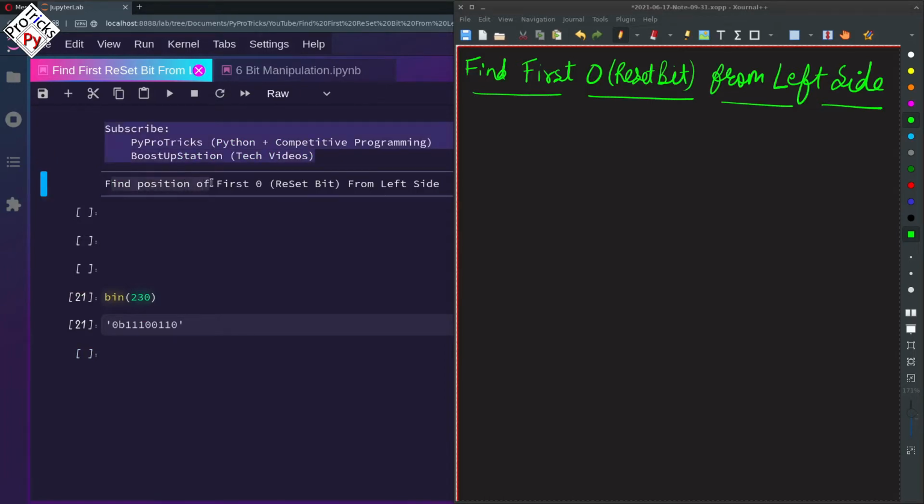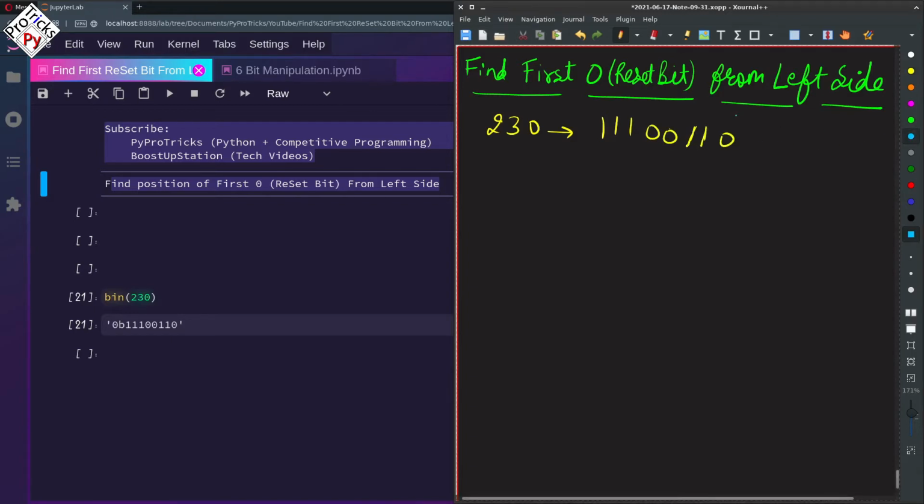Today we are going to find the position of the first 0, that is the reset bit, from the left side. So if we take 230 as an example here, the binary representation is 11100110.